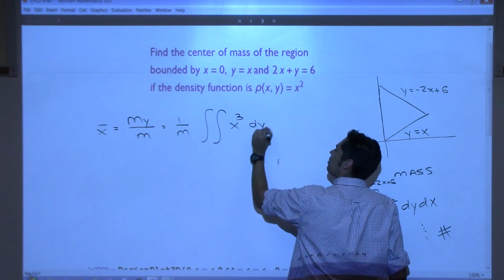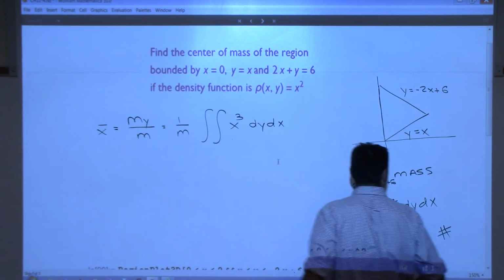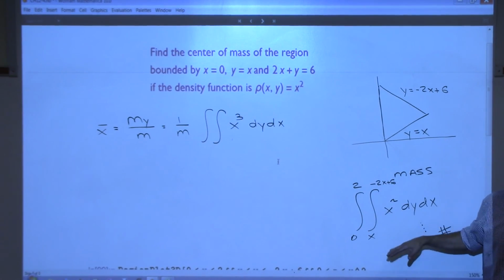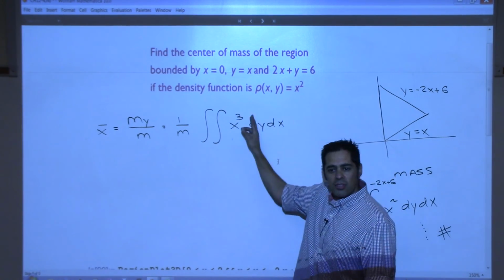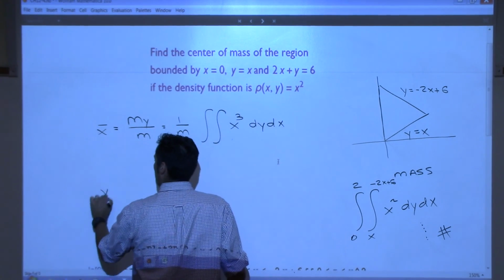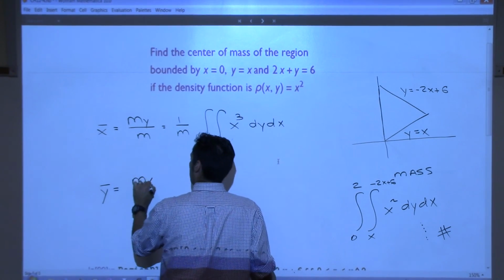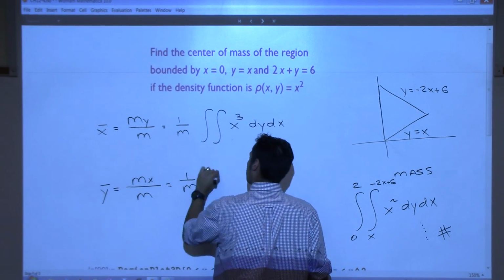dy dx. What about the limits? Exactly the same. So you're doing almost the same integration, right? Except you're doing x cubed instead of x squared. And then when you do y bar, it's moment about the x-axis over mass, which is 1 over mass, double integral